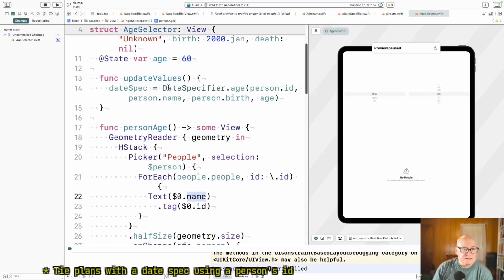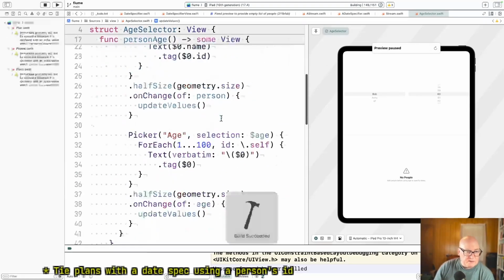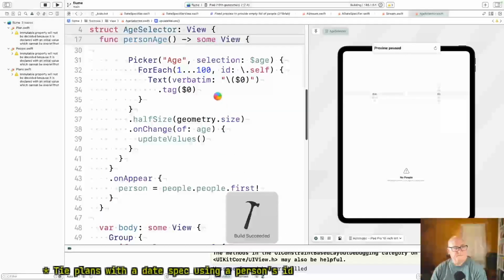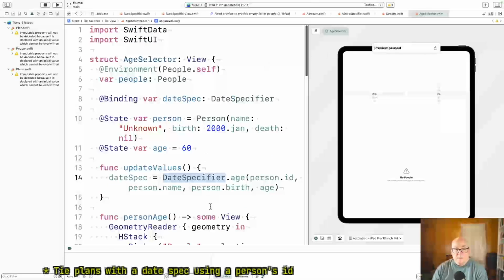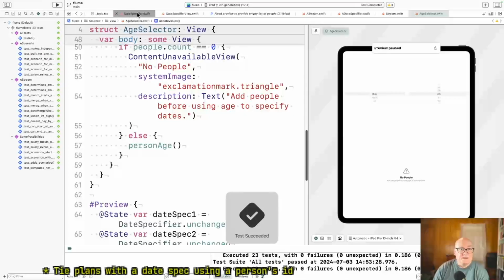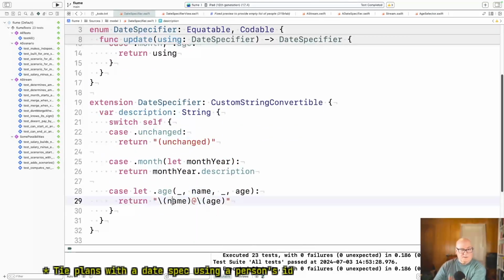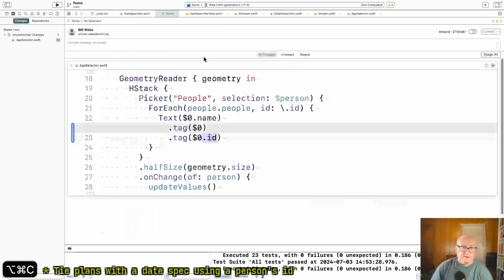Okay, that should run tests. This looks like it's fine. I think it's only description that's going to give us a problem. Well, description and when we use it. Let's see, where's DateSpec? We can update it with new information. That seems okay. But this, right, we want this to look up in person. Okay, let's capture that.